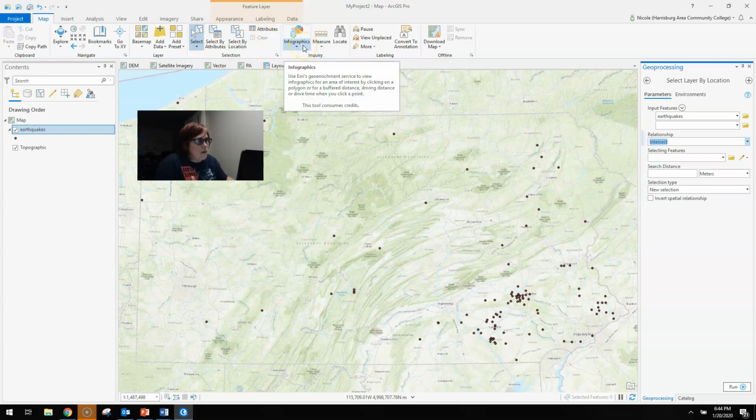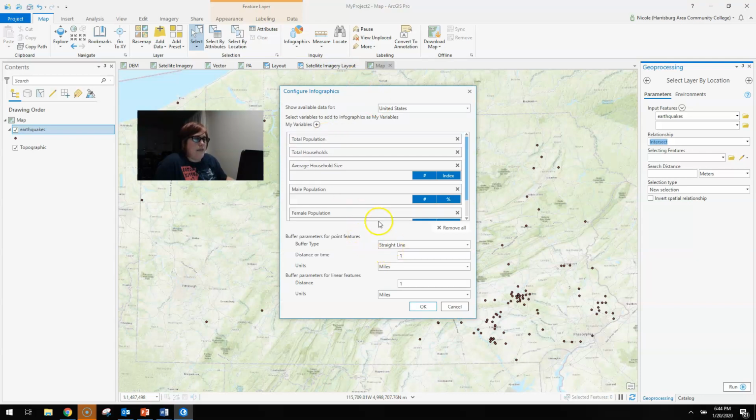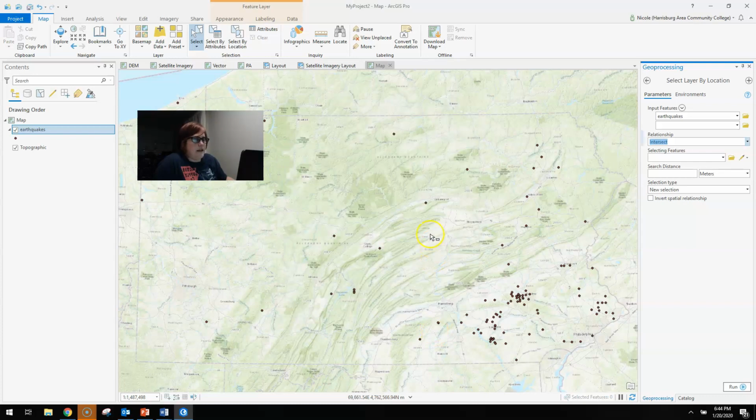So this is your selection area, and something just to be cognizant of. Infographics are really cool and fun. This really gives you this geo enrichment where you can click on something and get information about that. And you can configure your infographics here by saying what you want, what variables you want, and then the buffer type and all of that. So I'm just going to keep it as is. And then if I click on a map,